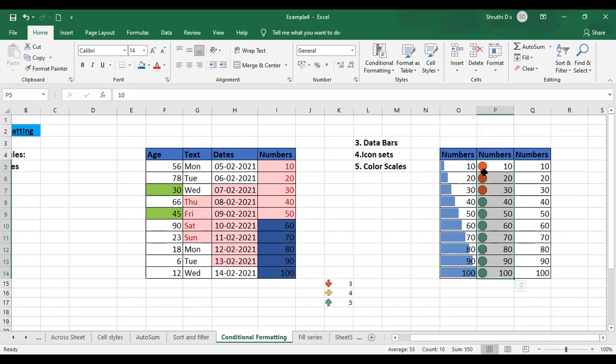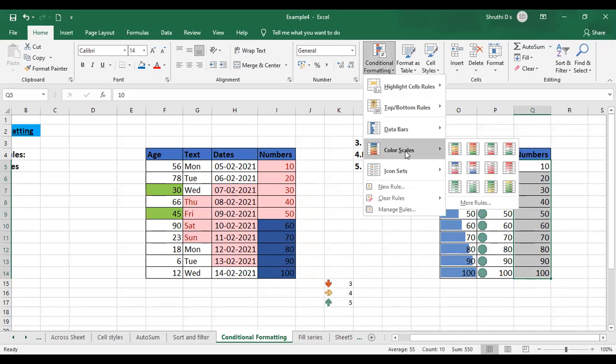So we have data bars and icon sets for analyzing the data, giving better performance views, or we are just highlighting the cells according to the performance. Everything in conditional formatting is about highlighting the cells in different ways. For the last column, we'll use conditional formatting with color scales. Color scales will just color the cells according to the performance, nothing else is going to change. Select the column, go to conditional formatting, color scales.